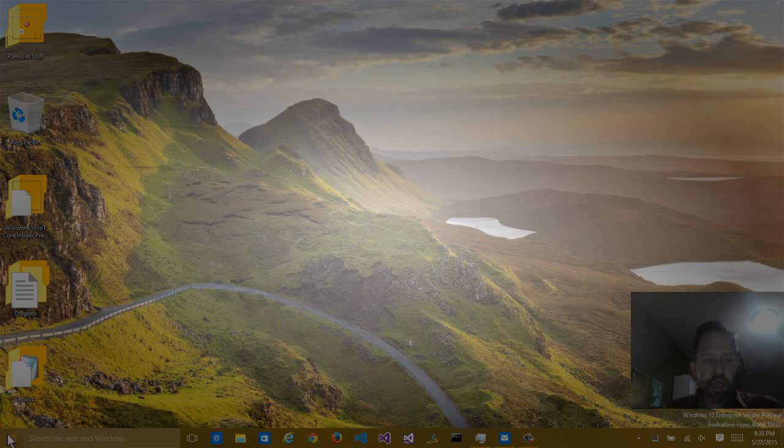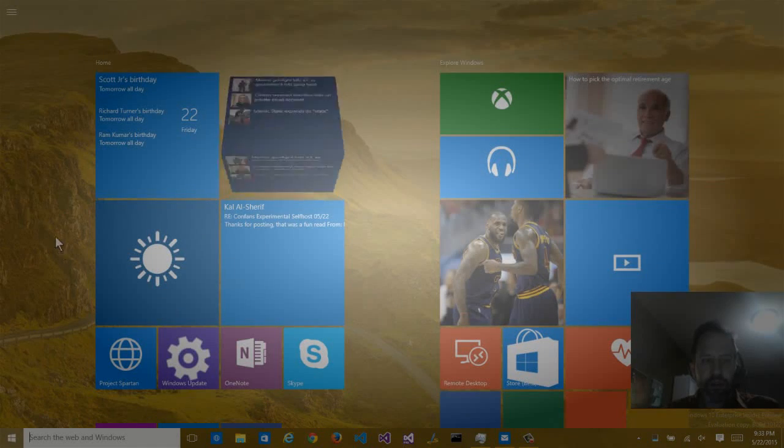Fortunately, it's a preview. If I want to get to all apps, I click Start. The left side is